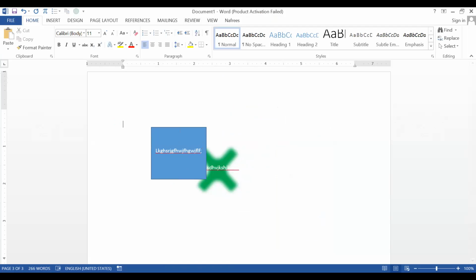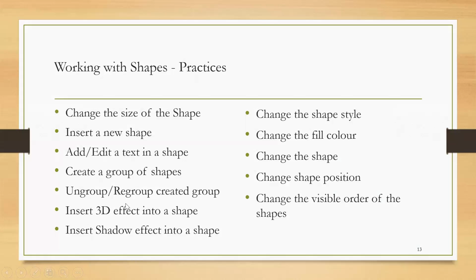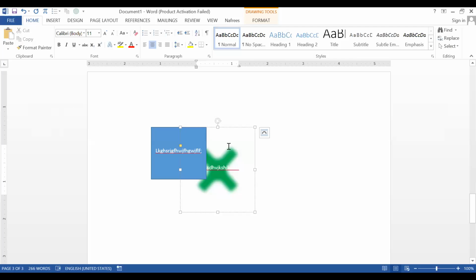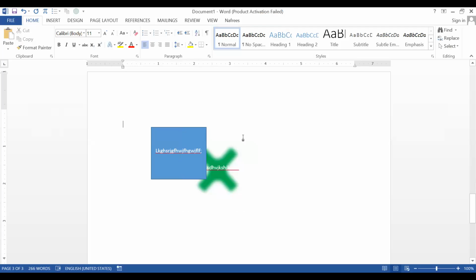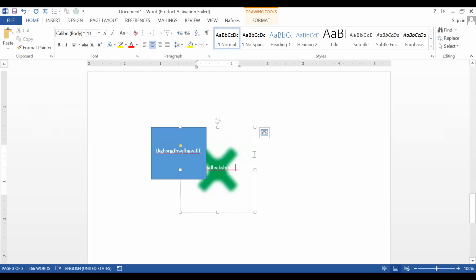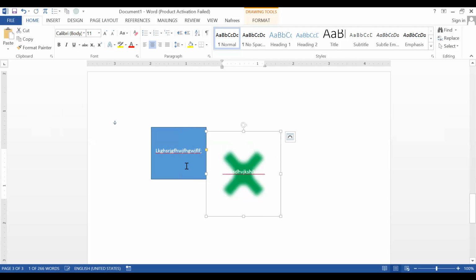Another thing, 3D, group or ungroup. Look here, these are two different shapes now. This is one shape, this is separate. If you want to convert these two shapes into one, you have to select all the shapes.